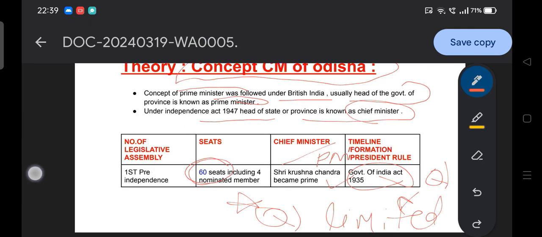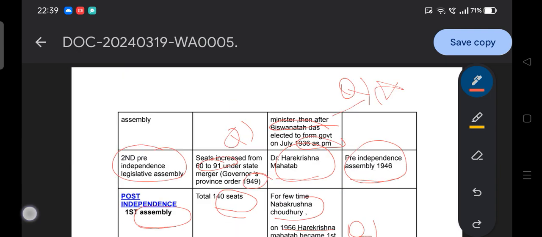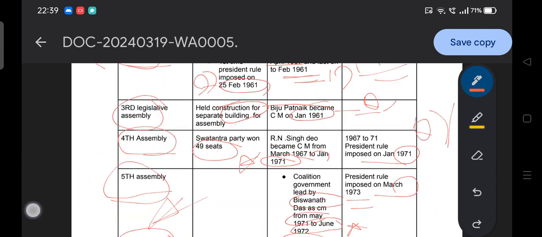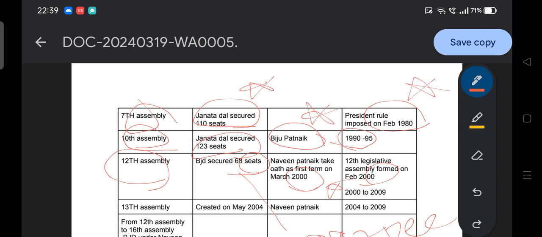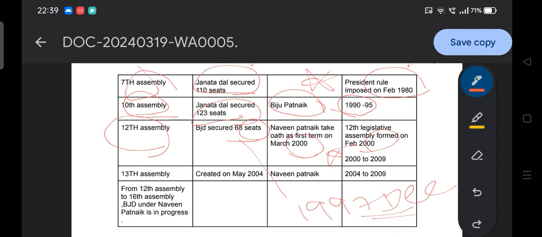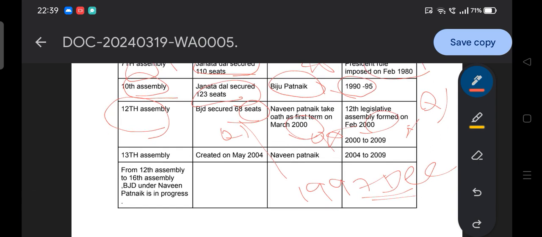Don't you think so, they will ask about the 12th Legislative Assembly, so you have to prepare. It is very important: the 12th Legislative Assembly was formed on February 12, 2000. That is how the question will come. Each and every column is going to cover 3 important questions that you have to remember. The 12th Legislative Assembly started from 2000 to 2009, then the 13th